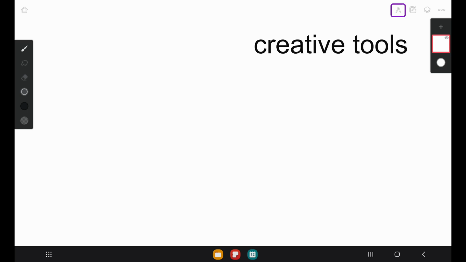We are not going to learn anything advanced for layers today, so let's move along. There are 2 buttons near the Layers button, which are the creative tools and editing tools. These 2 buttons will reveal a generous amount of tools that will help you create and edit your content to please you to your best abilities.